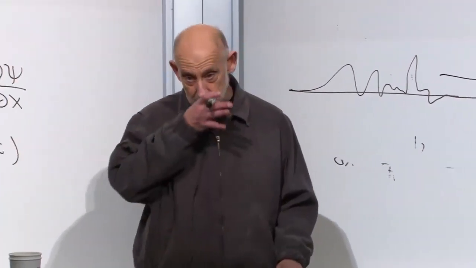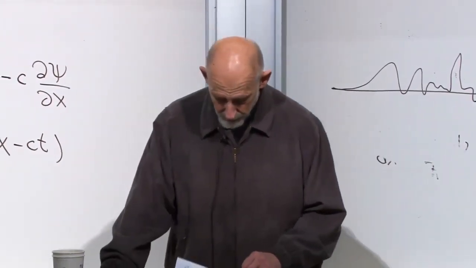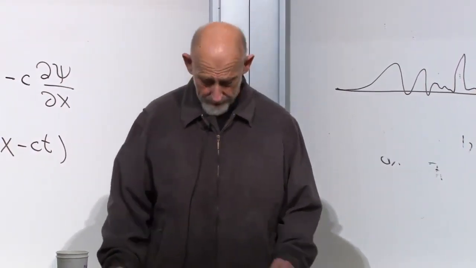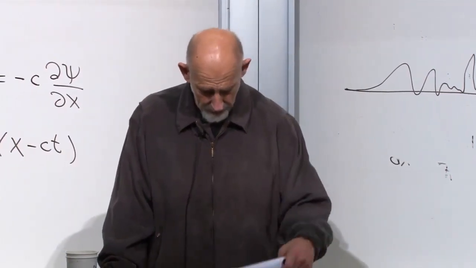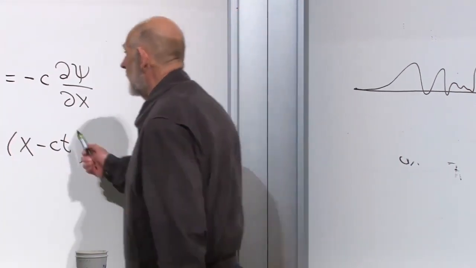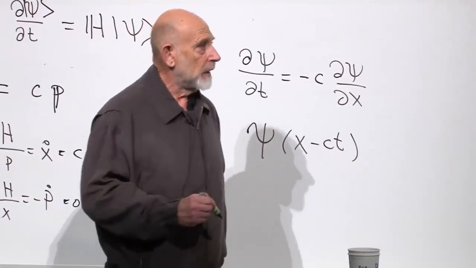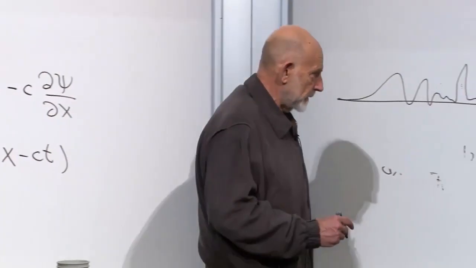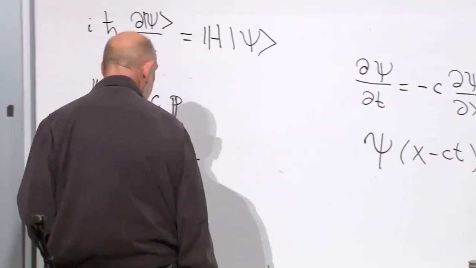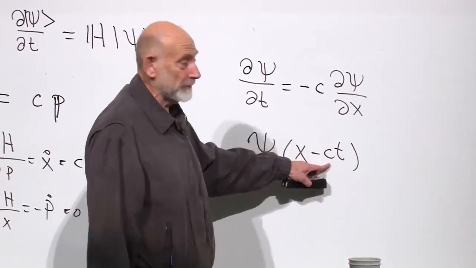Now, as I said, this is a very easy example, a little too simple to be perfectly general, but it does illustrate the point. So this would be the Schrodinger equation for this very, very simple Hamiltonian. Of course, this would make this a relativistic particle. This would not be a non-relativistic particle. This is a guy who moves with the speed of light.